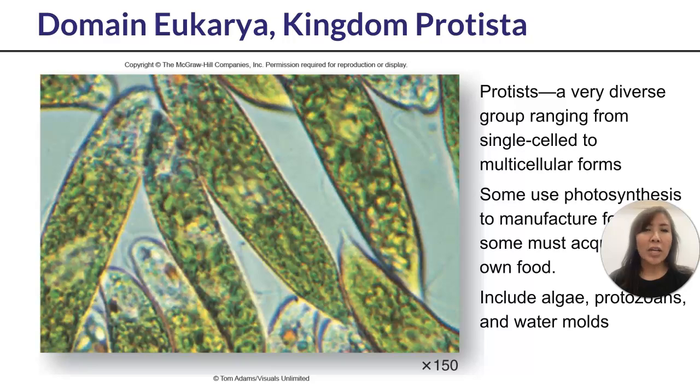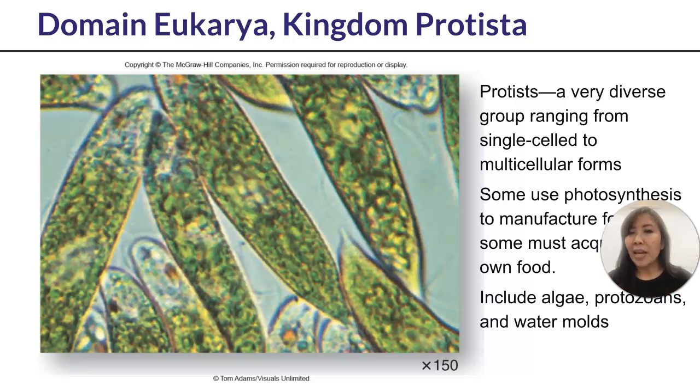Okay, now we're going to look at Eukarya. There are many different eukarya. Remember, Eukarya is pretty diverse. So the first one we're going to look at is specifically the kingdom Protista. Protists are really diverse. They are single cell. However, a lot of single cells can get together and act as a colony of multiple cells. So then they can form this multicellular form.